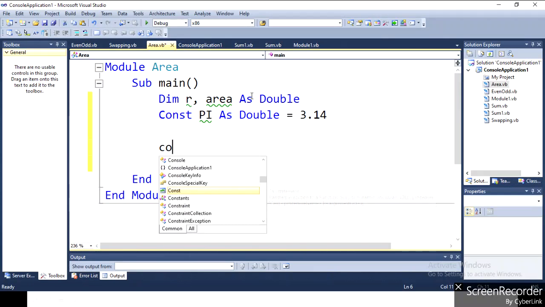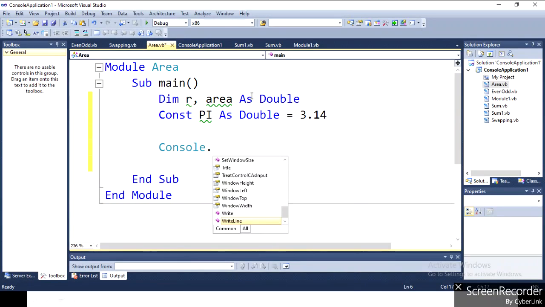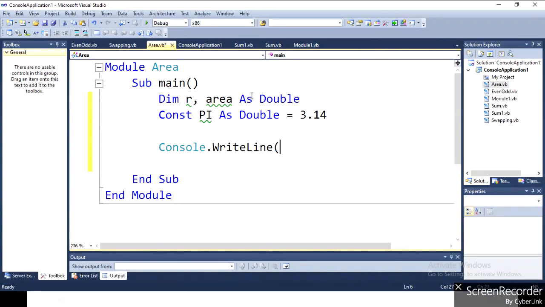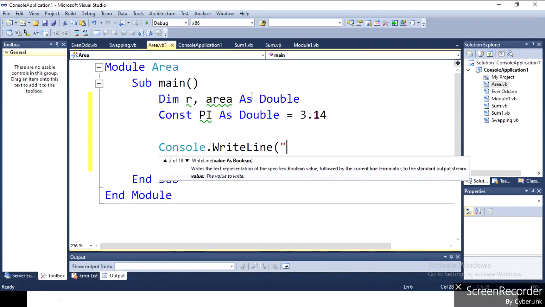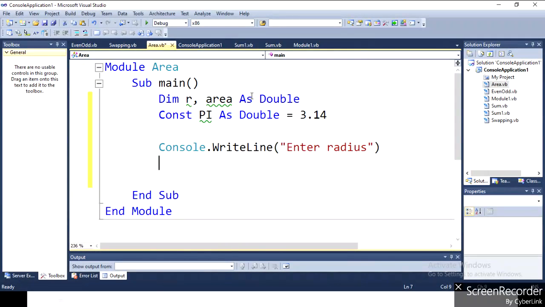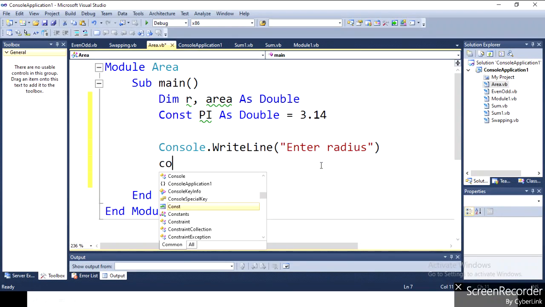So I have to write Console.WriteLine with the message "Enter radius". This Console.WriteLine works similar to the printf statement in C. So it displays Enter radius on the screen.